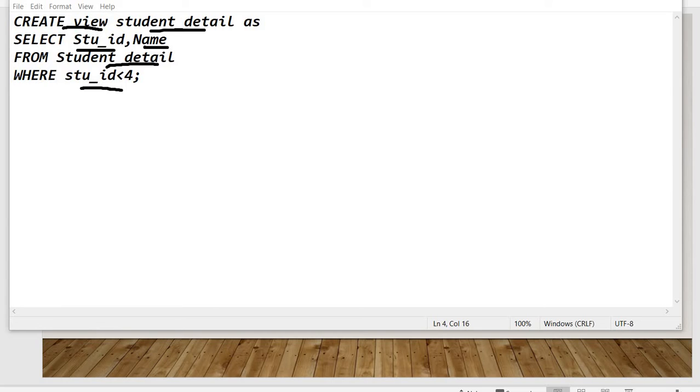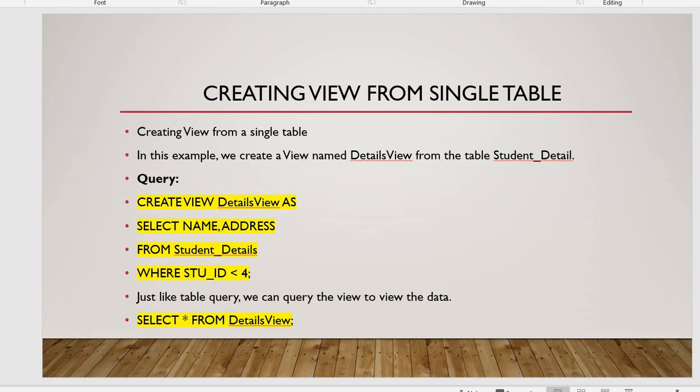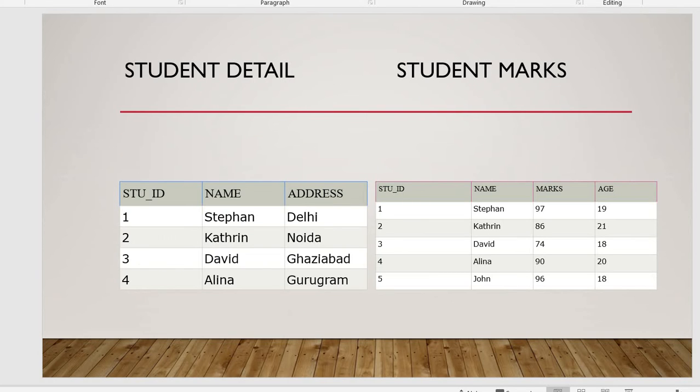Now what will happen is, since student ID less than 4 is given, all three values with ID and name will be selected. We are leaving out 4 because student ID must be less than 4.